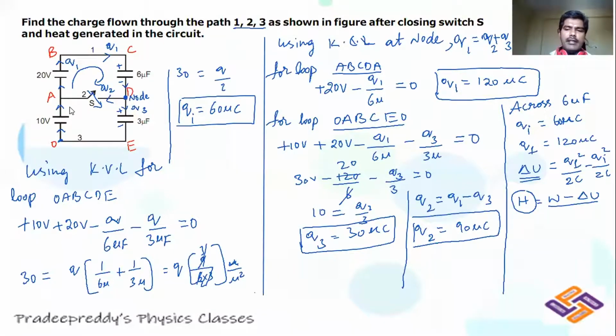Same heat will be generated in this part also. Okay. So once you are closing this switch S2, whatever the difference is being observed in this 6 microfarad, same difference would be observed in this 3 microfarad also. Because initially, whatever the charge it has, the charge is 60 microcoulomb across this 6 microfarad and 3 microfarad. Q initial is same for both capacitors because they are connected in series. So this is the way you can find out heat generated in the circuit.